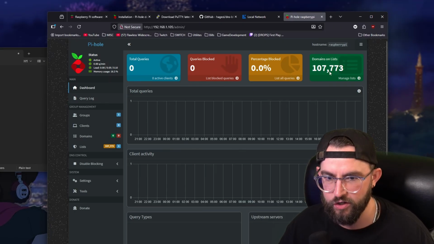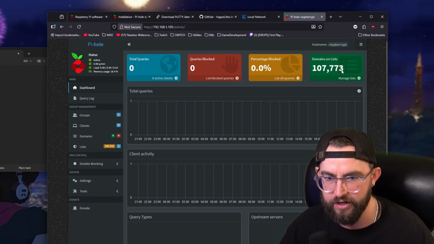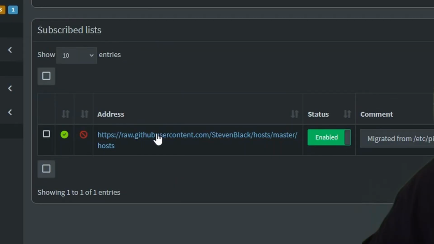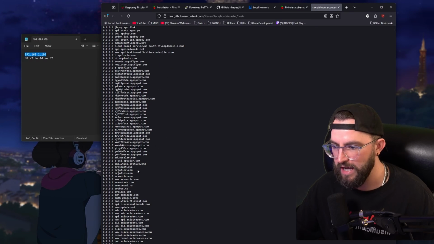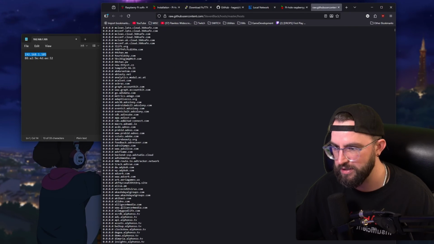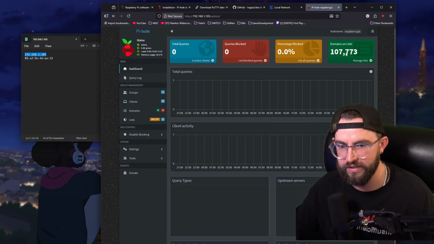And if we take a look over here, these are all the domains for advertisers that are being blocked. Over 107,000 are being blocked. If for whatever reason you have an error here upon logging in, come over here to the list, click there. And then go ahead, click the address. It's going to pop up all of the advertisers' domains that are being blocked. It's just going to show us these are all the ones that are being blocked. And then you can click X and then click dashboard, and that should fix it if you do have an